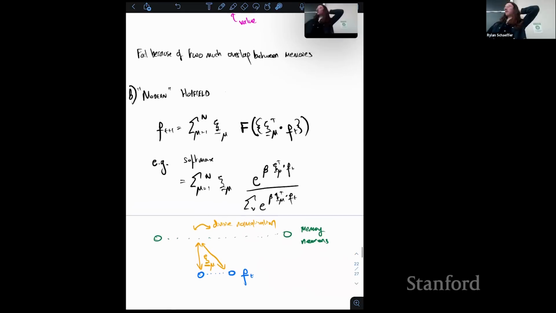Sorry, do you have any thoughts on what the memories that are inputted are? Like, do you attend over every memory you've ever made? Probably not. I guess somehow you have to have knowledge. In this case, it works nicely because we wipe this core agent's memory every time and only memorize things from the environment. And so you need something that gates it so that it only looks for things in the current environment somehow. How that happens, I'm not sure.